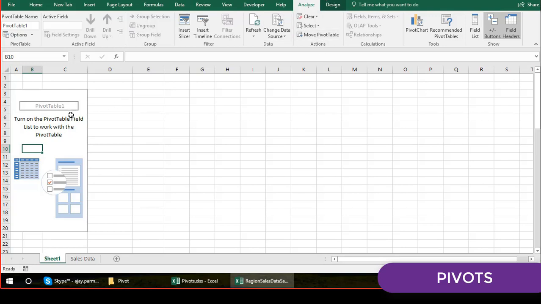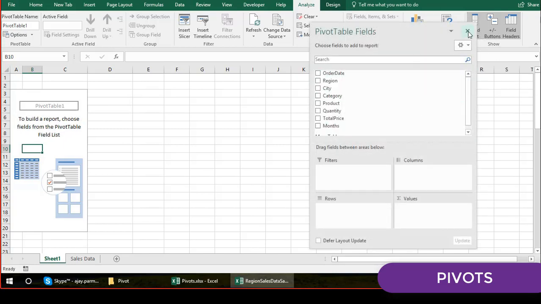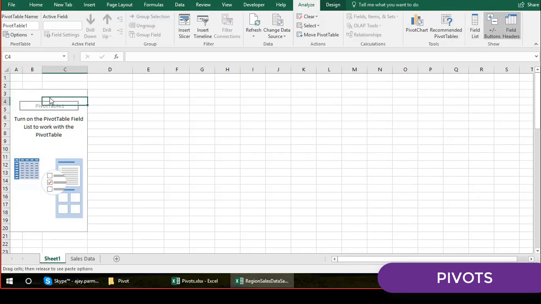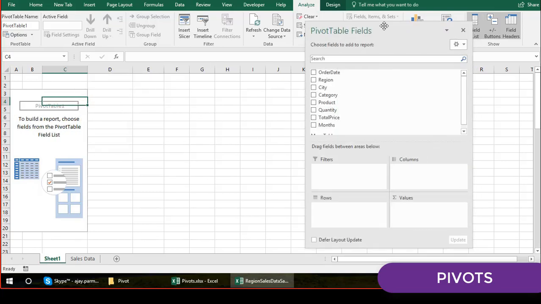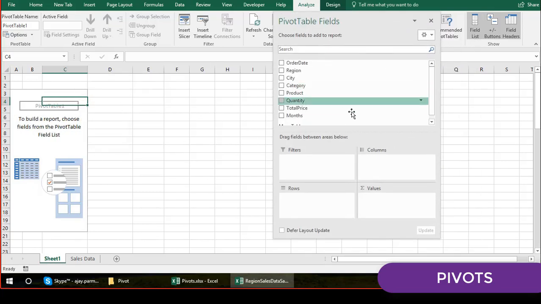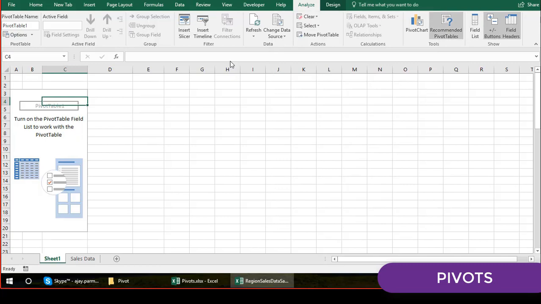So first of all, I was telling you about the field list. This is your field list, which is under the Analyze option. You just click on the field list, and it comes back. Or you can also right click and say that you want to go to Show Field List. This is how the field list will come. Simple, because this is actually required, otherwise you will not be able to put the data in the pivot, right? So this is how the pivot gets created. Right now it looks like a blank pivot.